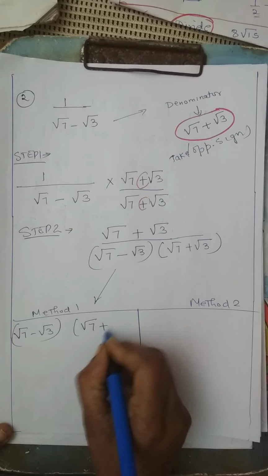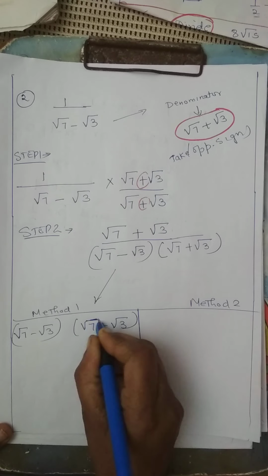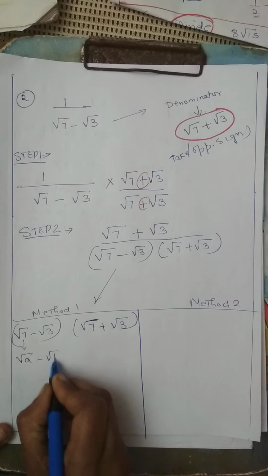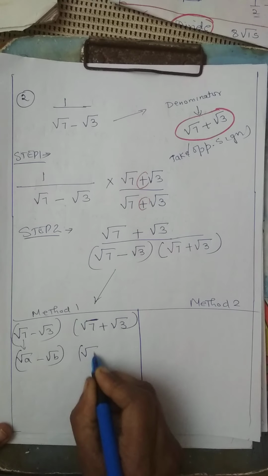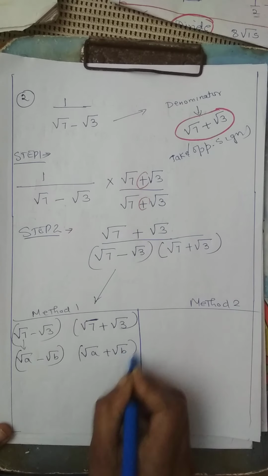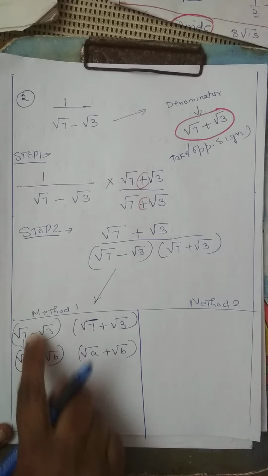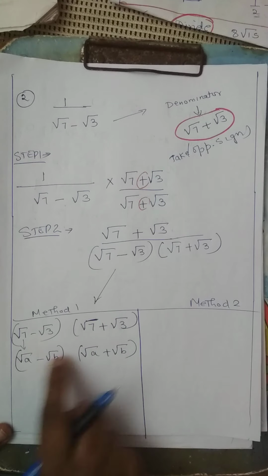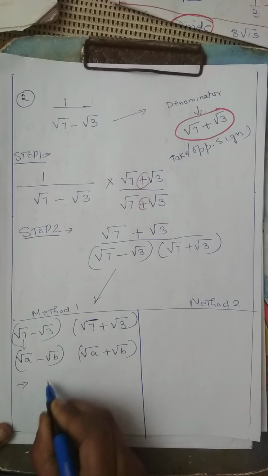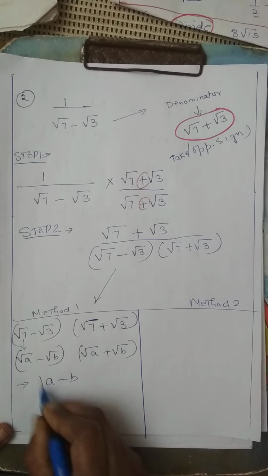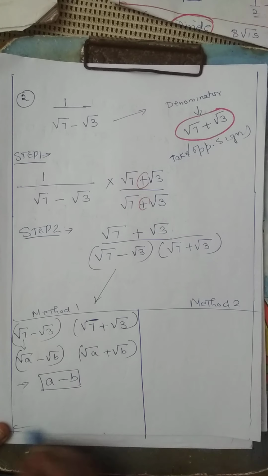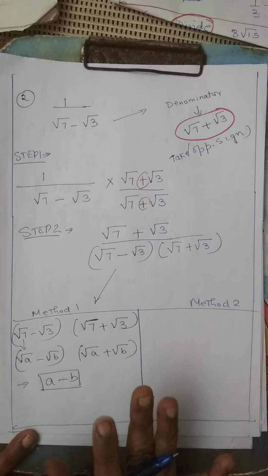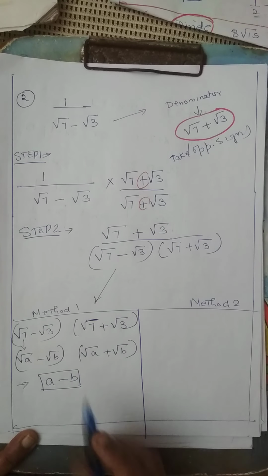Both the methods, then you will decide which method you are going to do. Now, is this looking like root A minus root B? If you are doing this method, is this looking like root A plus root B? So children, when you are doing this method, you need to recognize how it looks. There is a law which says if both are having root signs, the identity is A minus B. This is the identity. But this may be useful sometimes as a fill in the blank, so you learn that by heart. When solving expressions, you can use the other identity.